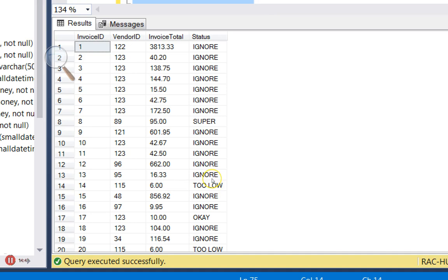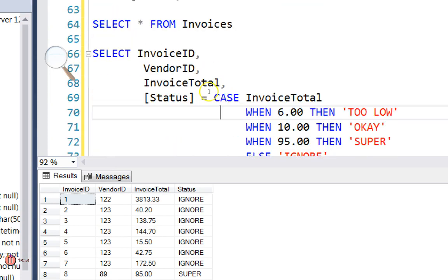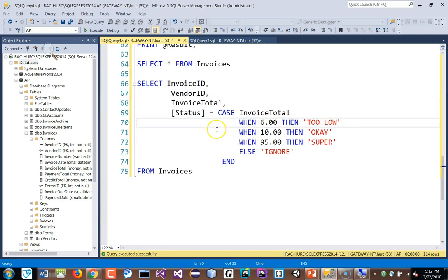It's 1. Okay, so you use it for that purpose. You can generate a new column and print the column to the table result set. So you want to pay attention to this because this is part of the assignment. I've given you a clue already. Okay, so this is the simple case. Just remember the simple case: you have a value, you must compare that with another value. If they match, then that's the return statement of